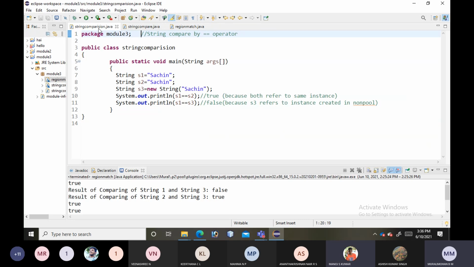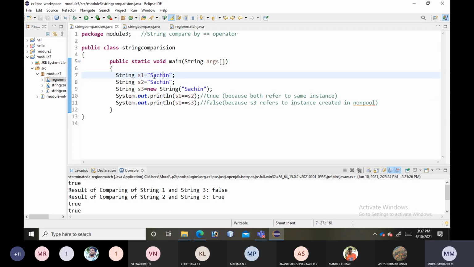Eclipse. Okay, so just observe here. We are trying to compare two strings with the equals operator. It will compare the string objects, not the contents of the strings. Here S1 is equal to "Sachin" and similarly S2 is equal to "Sachin".